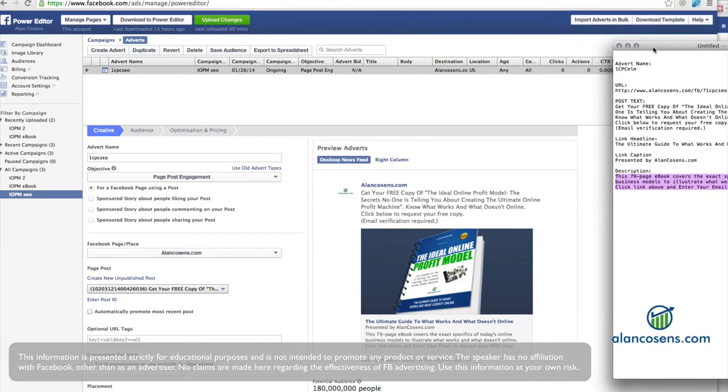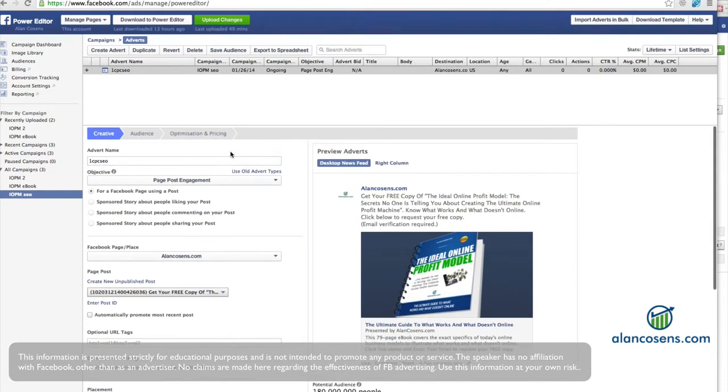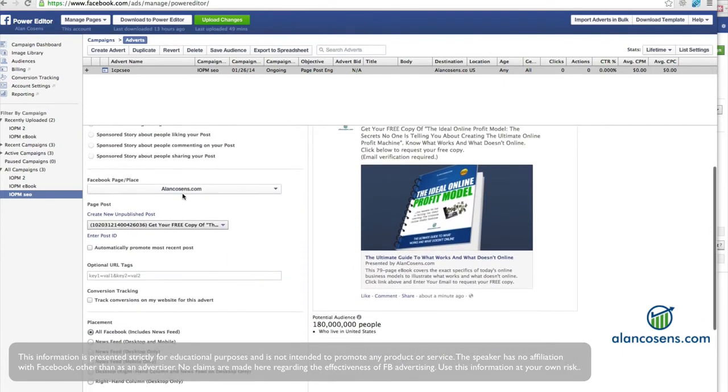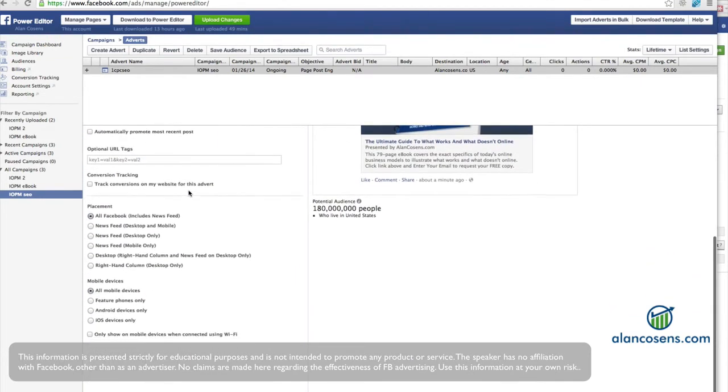So the campaign has been uploaded to Facebook and the ad along with it. And we've chosen, we're using a post here, post page engagement. We've chosen the proper fan page. We've created the ad. And right here for placement, now you're going to have to choose,